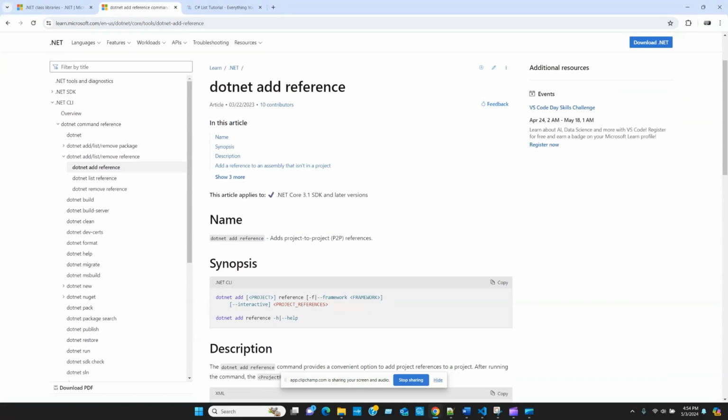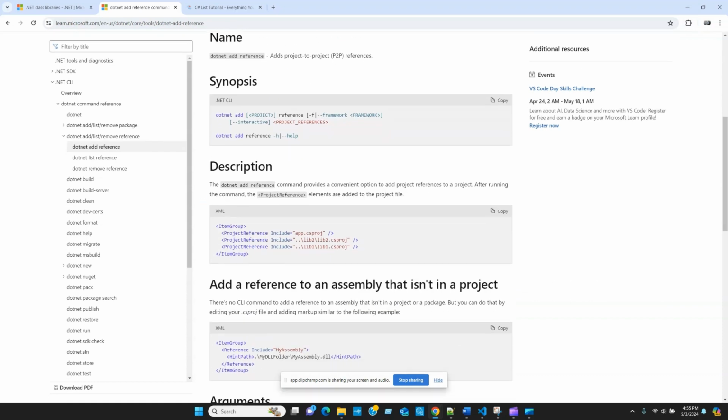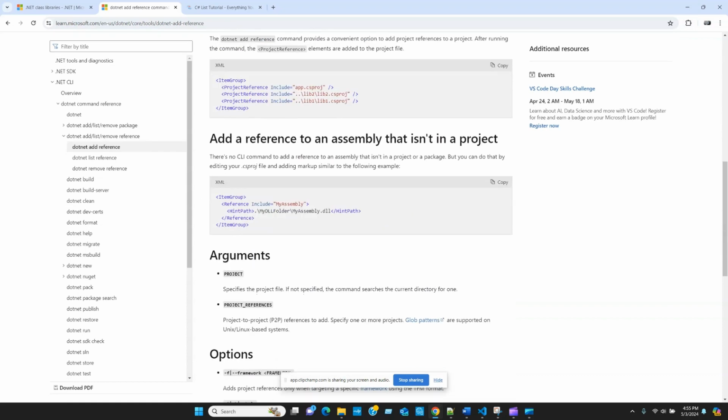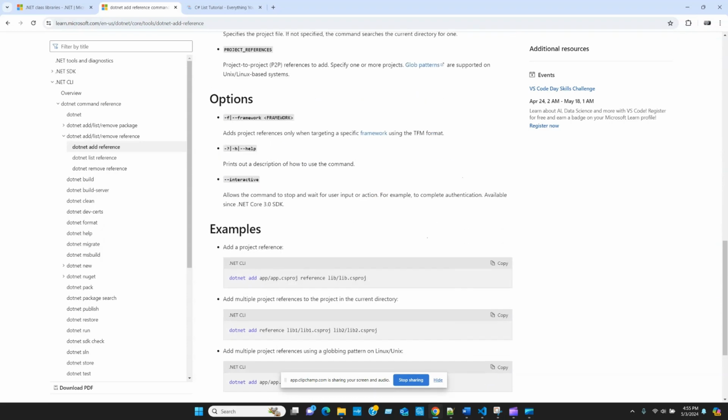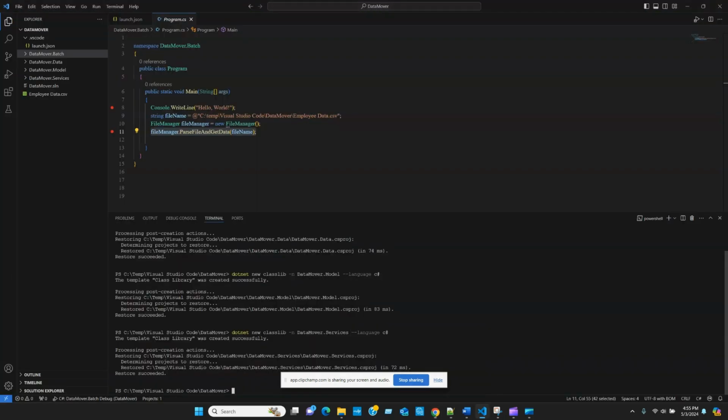The .NET driver keyword has the ability to add multiple projects into any project. So you can go through this and understand the different parameters that it takes. To start with, right, what we're going to do is,